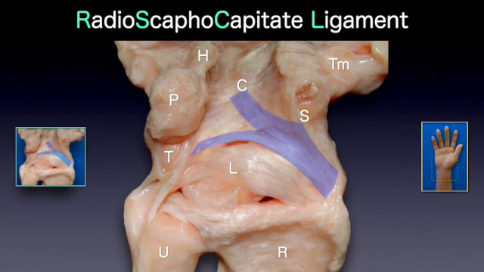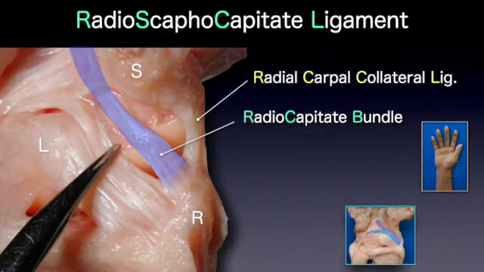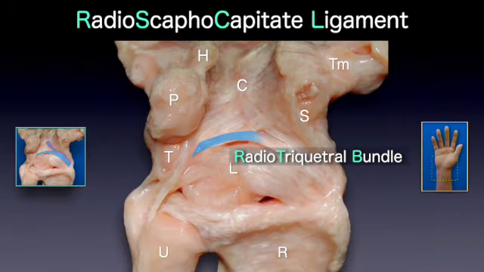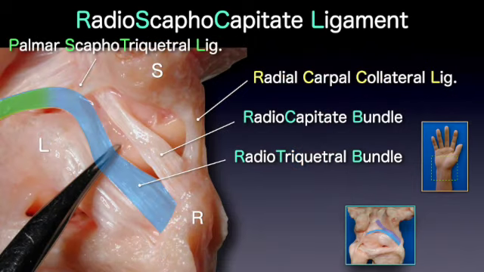The radioscaphocapitate ligament contains two significant bundles. One bundle connects the capitate to the styloid process of the radius. It doesn't have a direct attachment on the scaphoid but sticks on the ulnar side of its distal pole via joint capsule. Another bundle that runs over the midcarpal joint interdigitates with the palmar scaphotriquetral ligament and connects the triquetrum